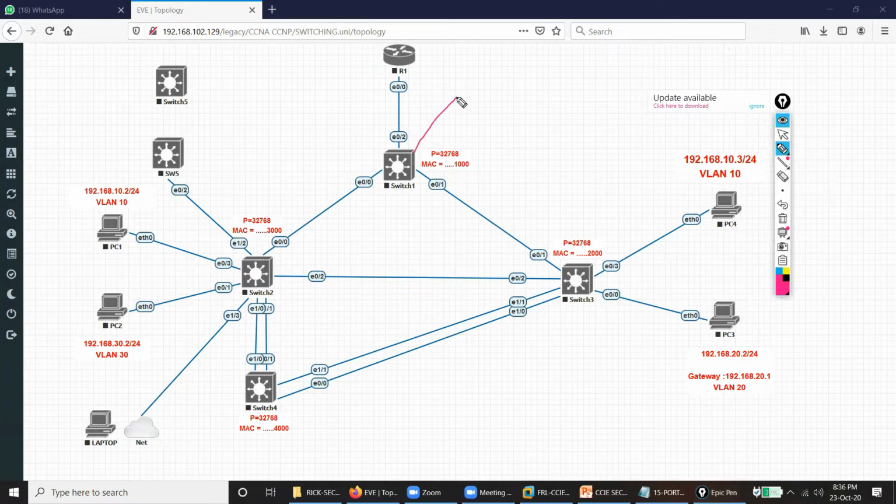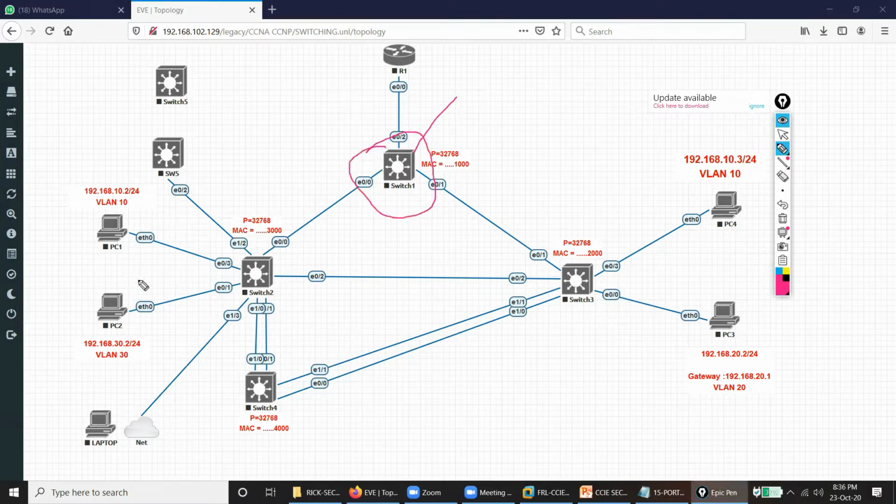This one is a root bridge on the basis of bridge ID. What is bridge ID made up of? Bridge ID is made up of priority value and the MAC address. So the MAC address is 1000. The lower the bridge ID, the more preferred the switch is. Now, just because this one is a root bridge,